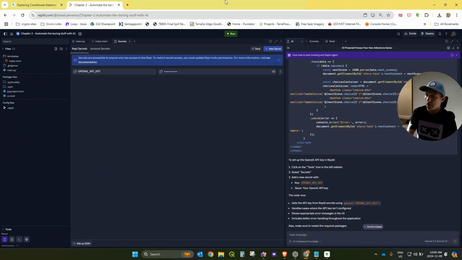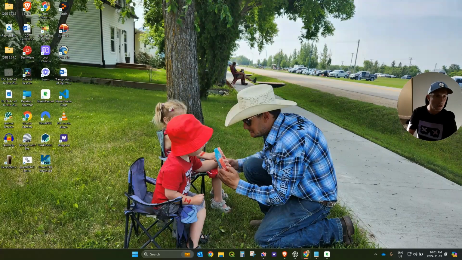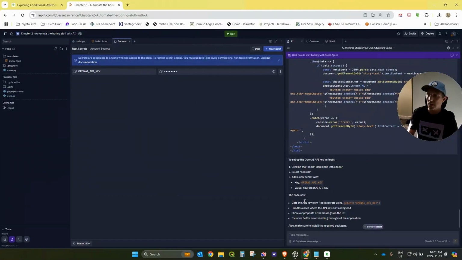Oh, that was the other code that I copied. Update secret. Okay, so now it's a cool way that you can put an API key in here and not have to worry about someone stealing that from your code and charging a bunch of stuff to your account.